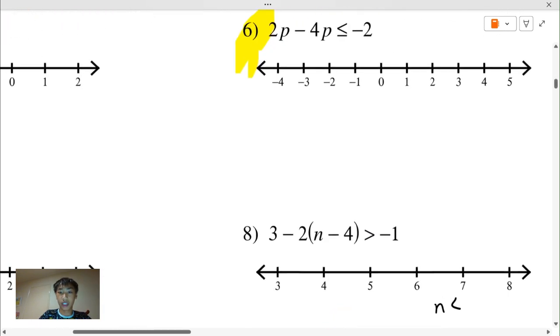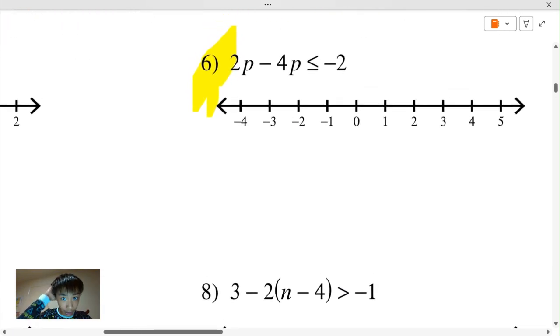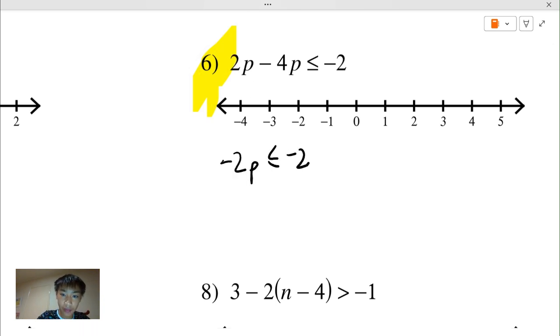Question number 6. 2p minus 4p is less than negative 2. That gives me negative 2p is greater than negative 2. And we're going to divide by negative 2, so you can just isolate p on this side. P is less than or equal to